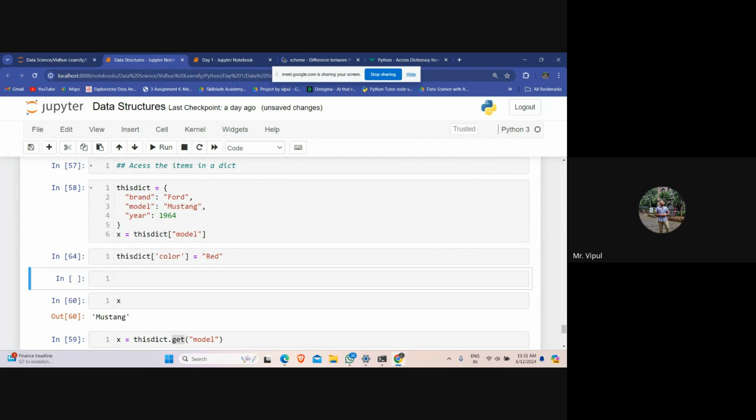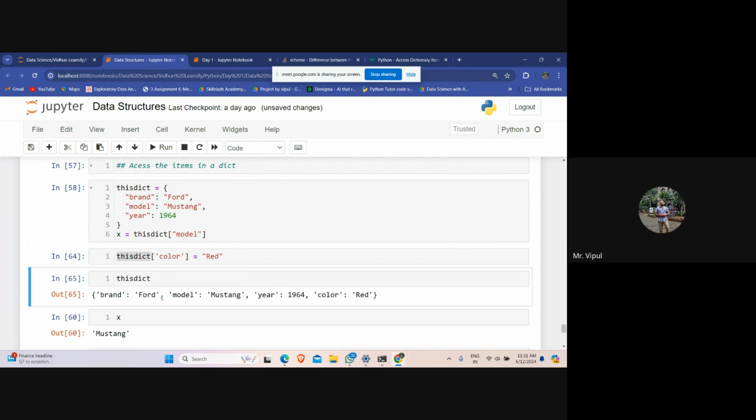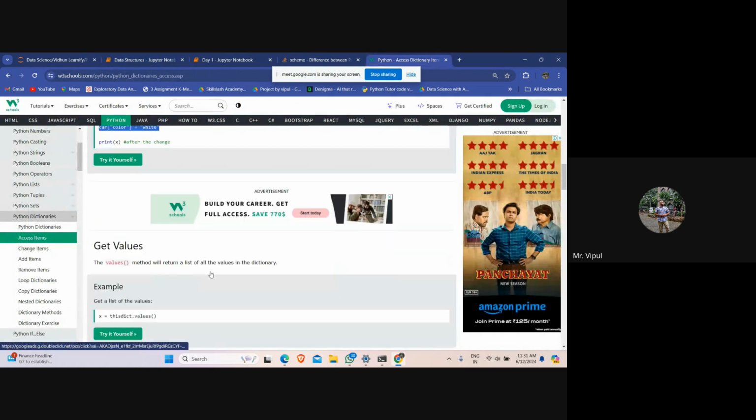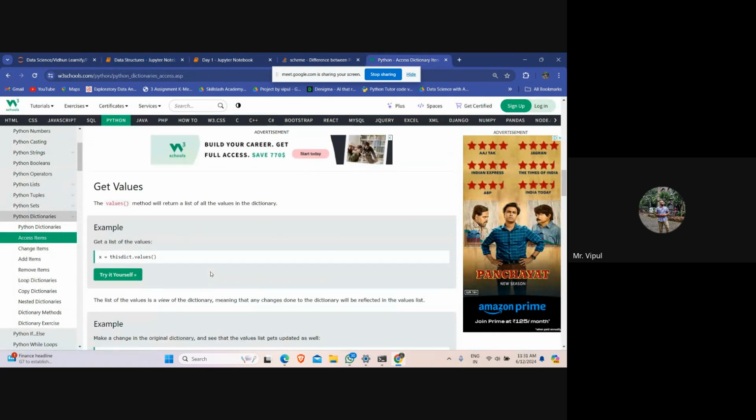Now if you check what is there in this dict, we have Ford, Mustang, then year and color as well. Earlier we did not have the color, right? Now we have color. So likewise, you can add elements in a dictionary. Then you can get values, only values for those keys.